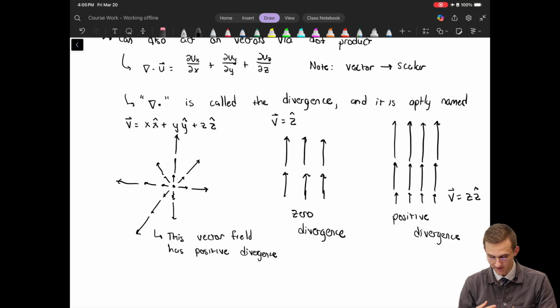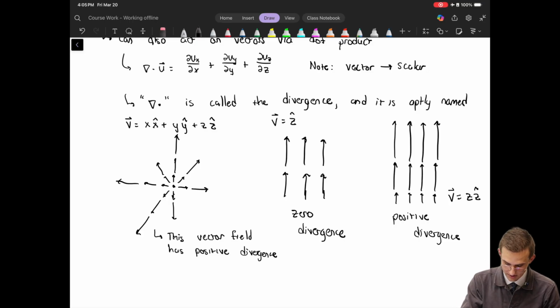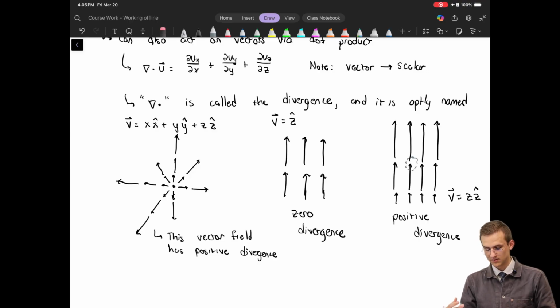One way that you can check at a glance, if you have a picture of a vector field, whether it has positive divergence or not, is to imagine you drew a little control surface somewhere in this vector field. If everything going in equals everything going out, then you know that you have 0 divergence. But if you have more flux in than out, or vice versa, through that little surface you drew, shrinking it down to an infinitesimal element, then you know you have something like positive divergence, and that's connected to Gauss's law, which we'll